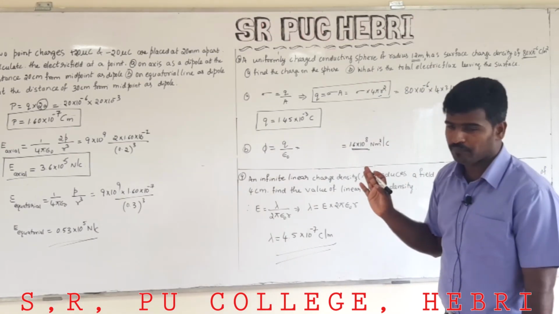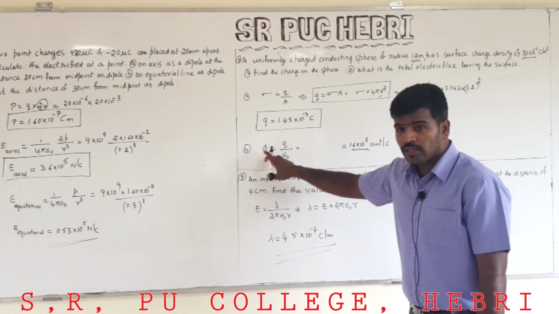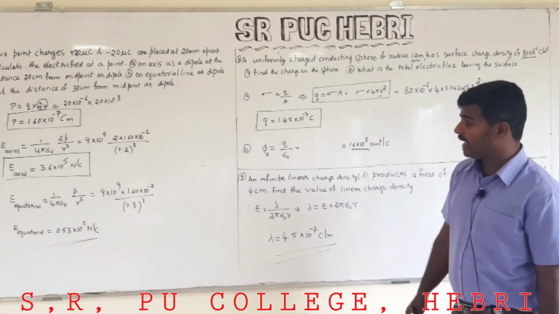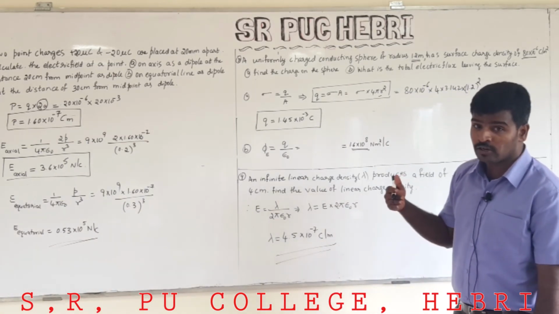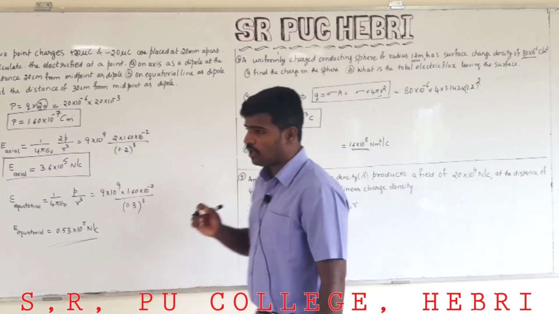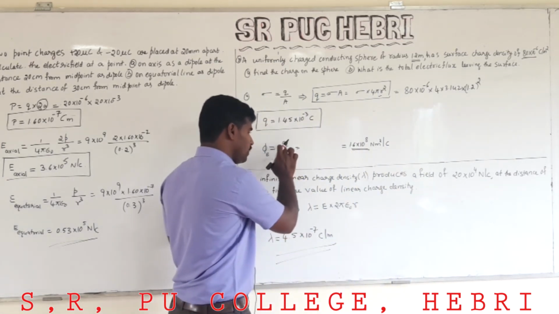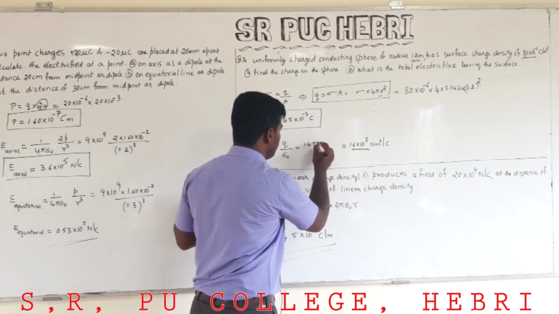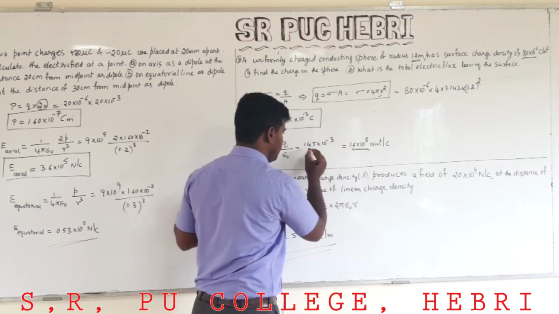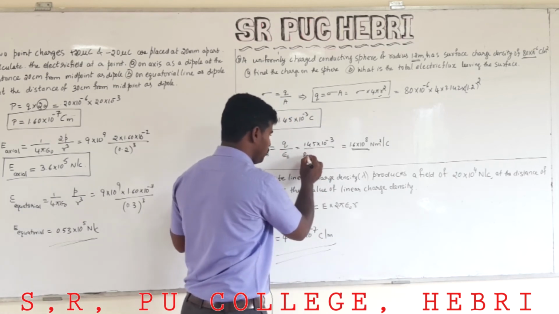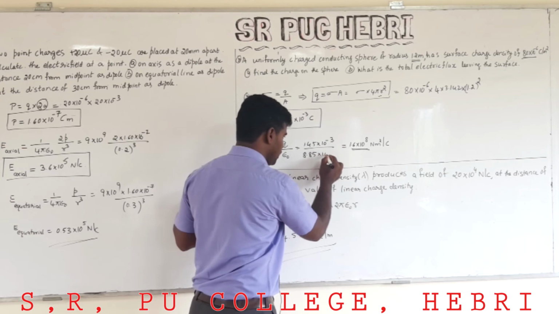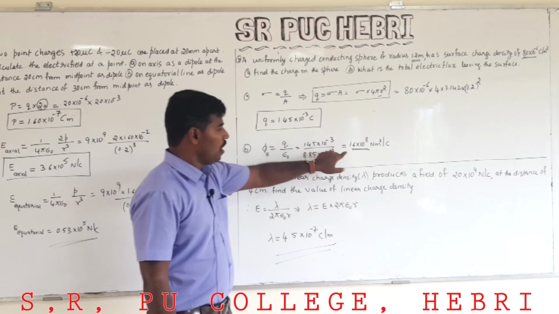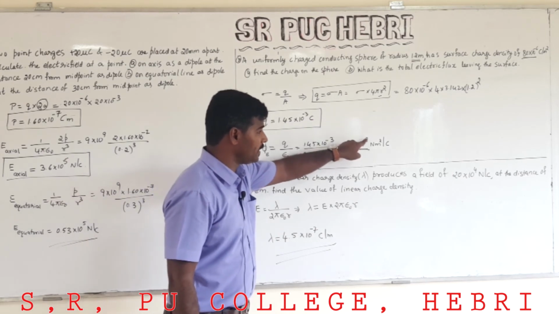According to Gauss law, the electric flux, expressed by phi E, is equal to 1 by epsilon naught times the total charge enclosed by the system. Therefore, it is Q divided by epsilon naught. The value of Q will be 1.45 into 10 raised to the power minus 3 divided by the value of epsilon naught, which is 8.85 into 10 raised to the power minus 12. Therefore, the value of electric flux is equal to 1.6 into 10 raised to the power 8 Newton meter